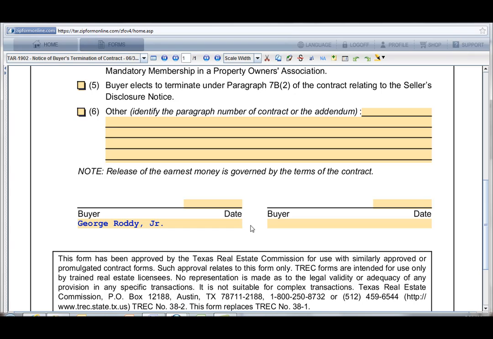And here's the thing, you need to fax this to the title company because you dropped this off at a title company most likely. And then you need to fax or email this to the seller. The parties, and at minimum, you have to fax this to the title company. And here's why. Your earnest money you will get fully back if you terminate this contract before the option period